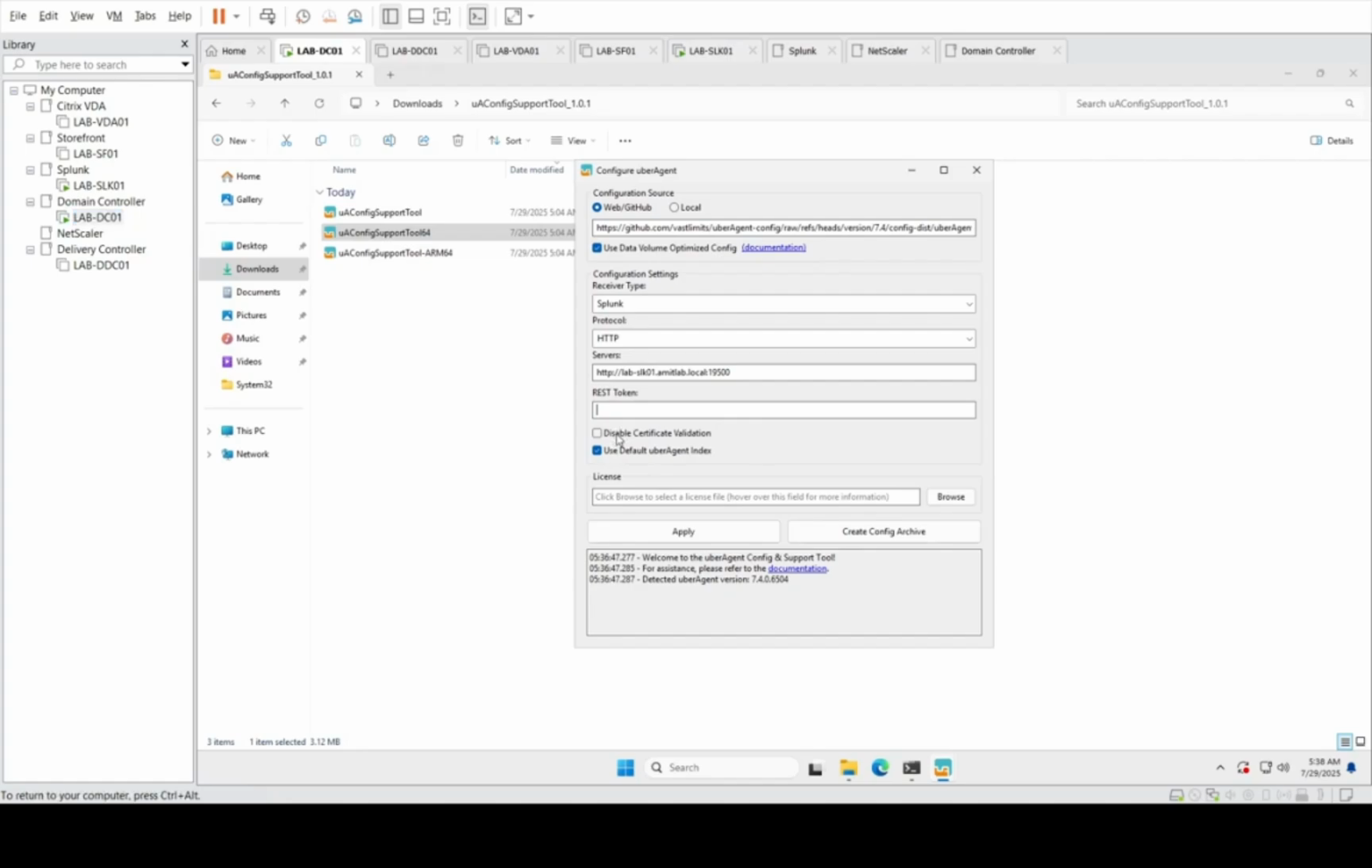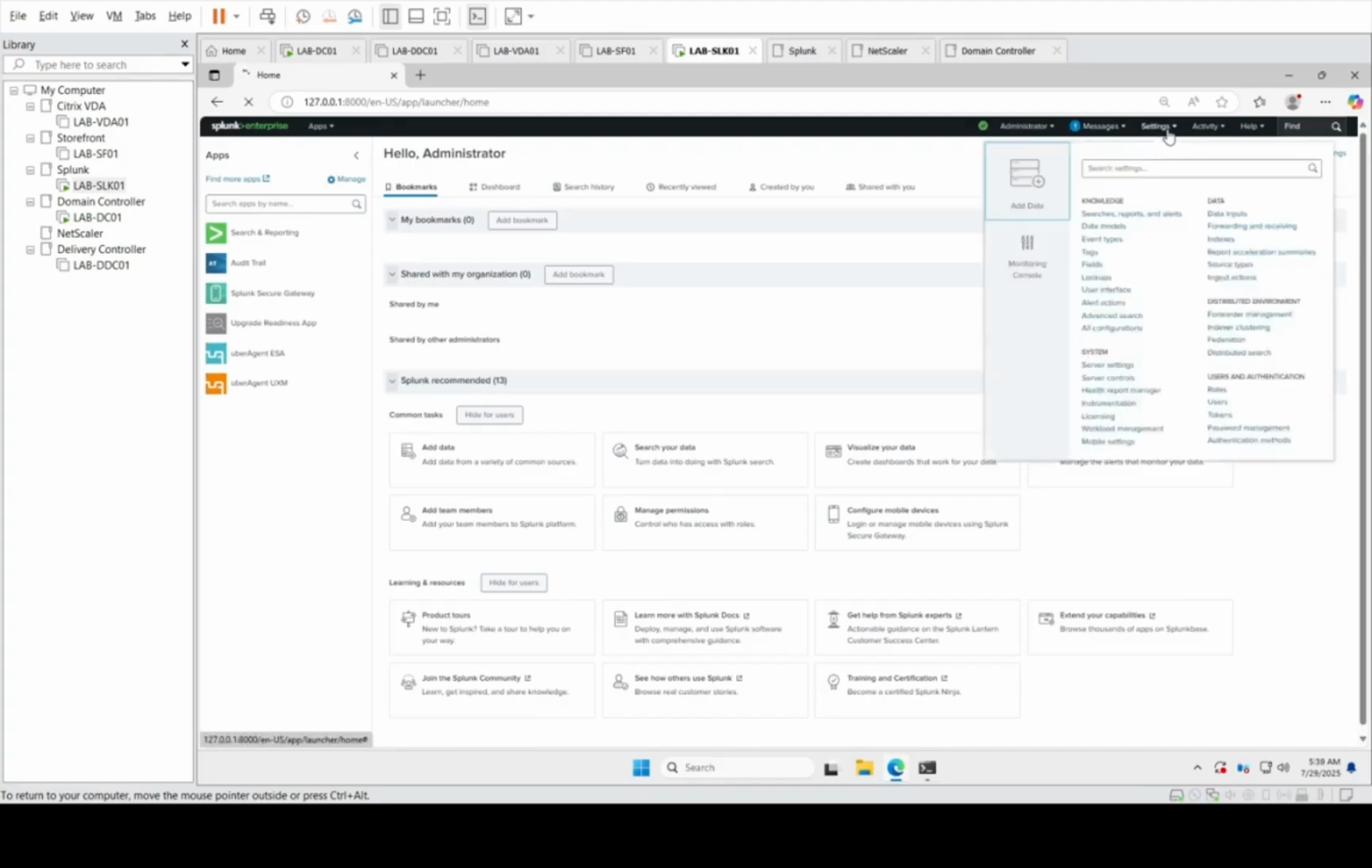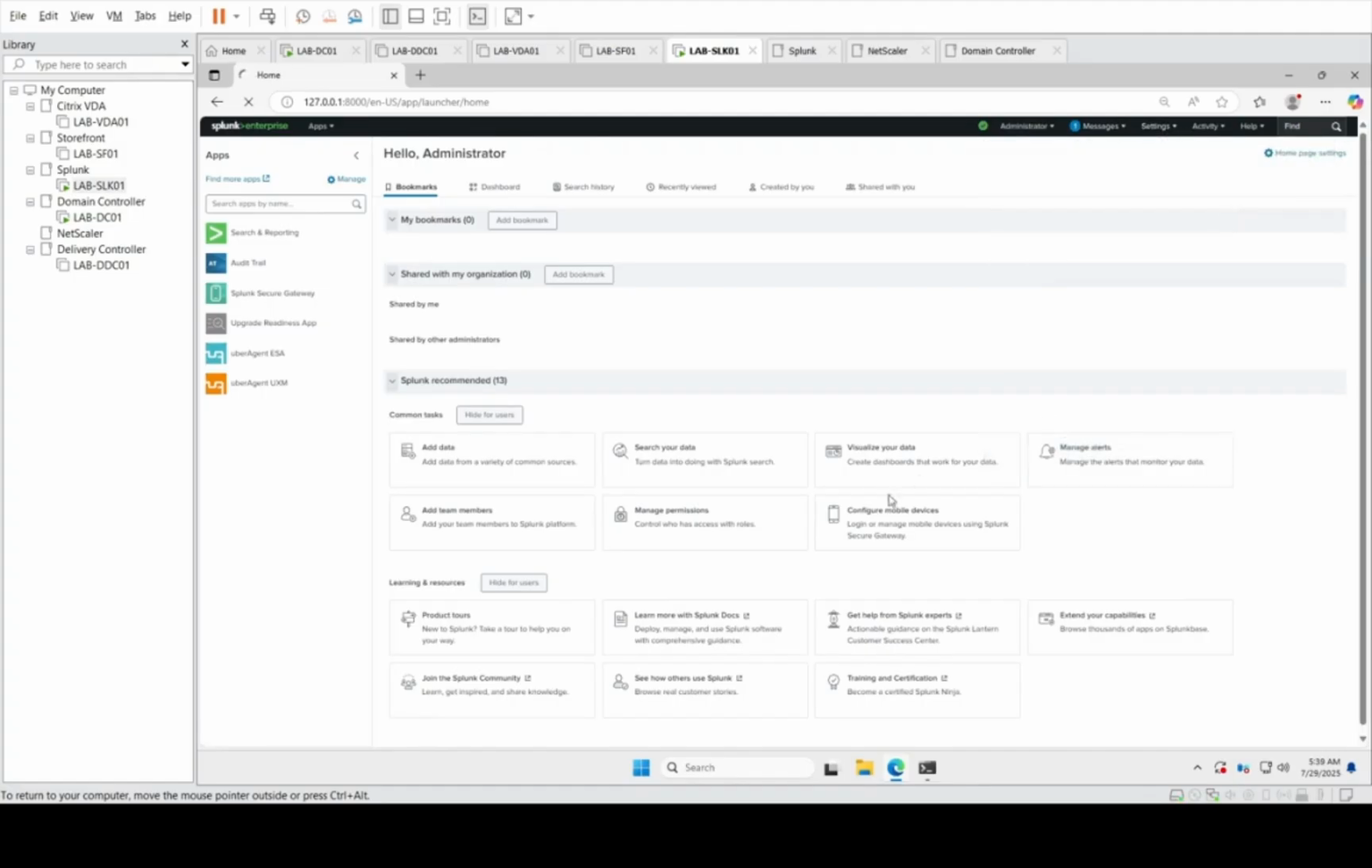Disable certification validation. Then I would just need a token key, which we created in the last videos. Go to the settings of this. Okay, here. Need to go here, data inputs. Yeah, you already have a Citrix. We installed the Splunk app for Uber in our last video. If you haven't seen that, go back and see those videos, and you will see how